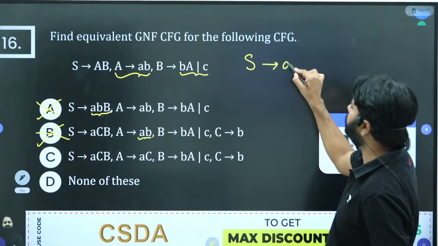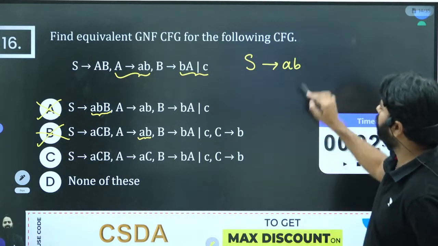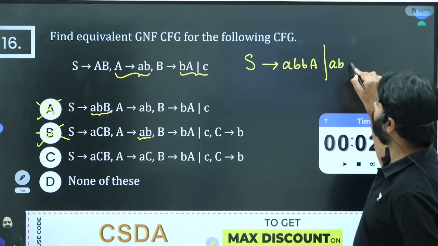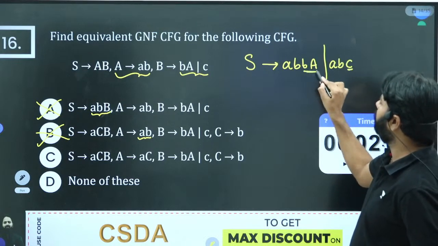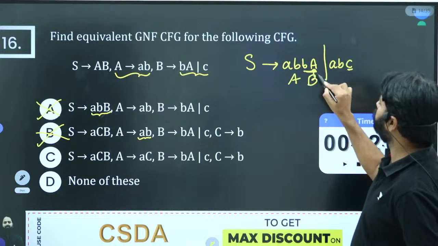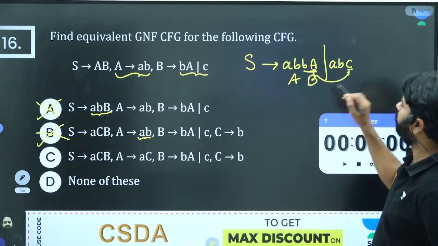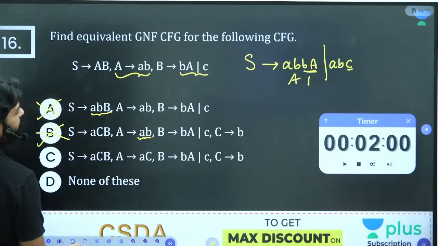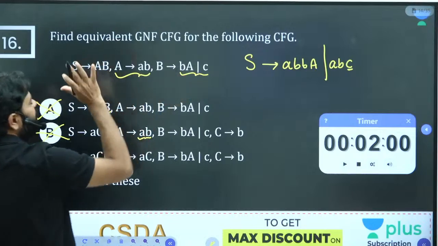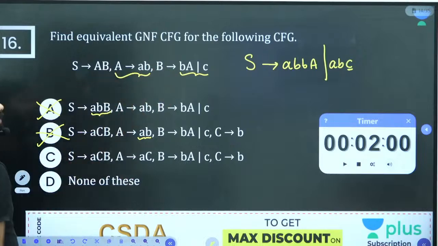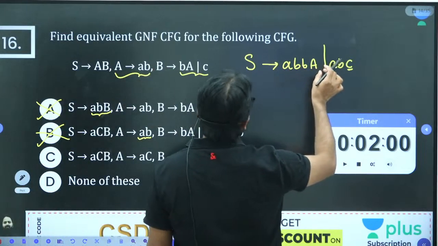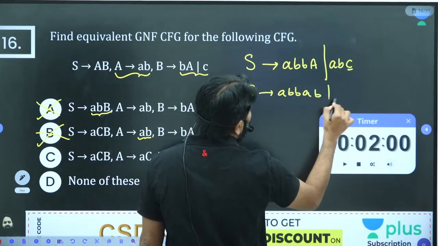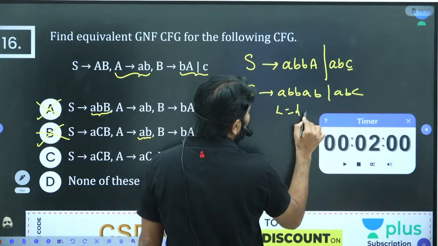S, what is A? Small a B. And what is B? You have two options. One is B capital A, the other is capital A, which means small a B. There is another option, C. So put capital B here, because this is A and B has two choices. There are a lot of ways to put it because it is an easy grammar. You can solve B and then put it in S, that's also fine, or put A and B directly there. Now capital A is left here, right? So capital A again substitute with AB. ABB, AB and ABC. Only two strings you need to produce, nothing else.